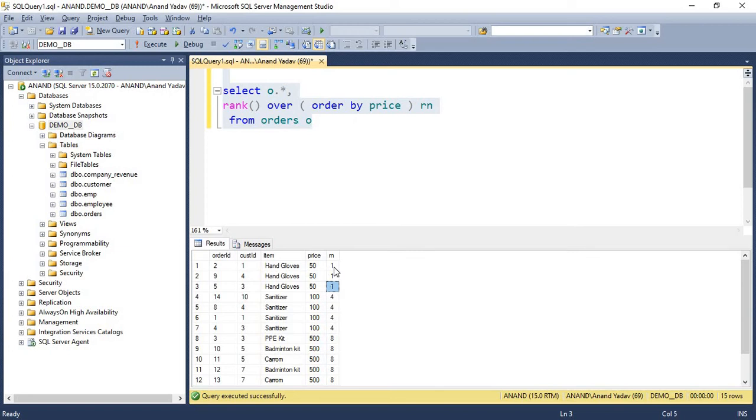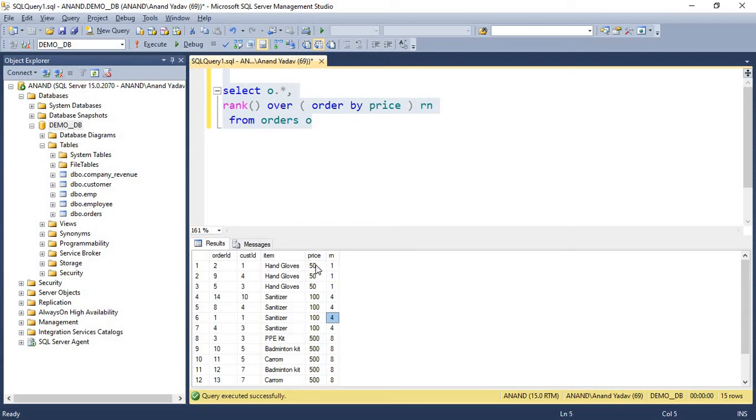So you can see that after 1 it skips 2 and 3 and gives the next number in the series as 4.